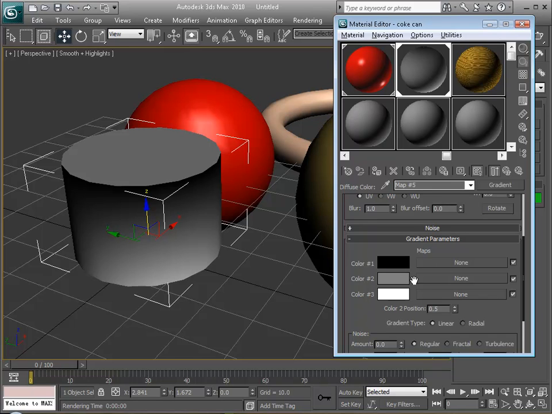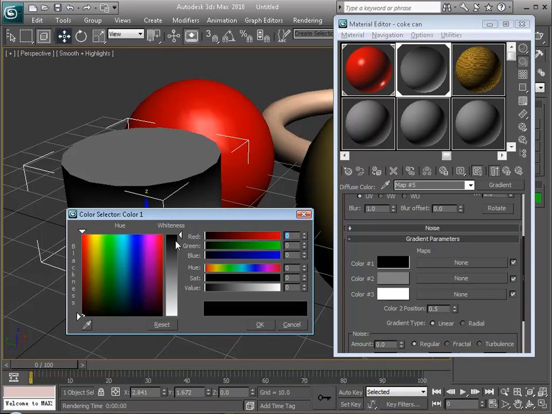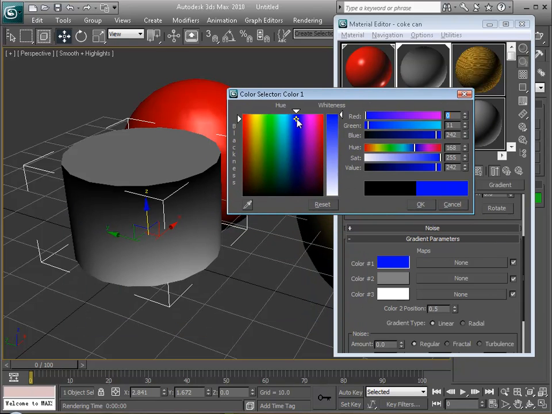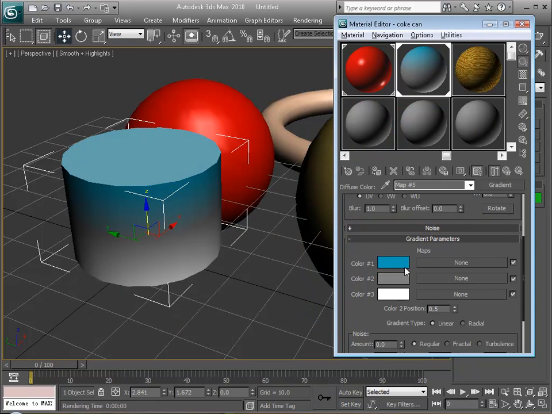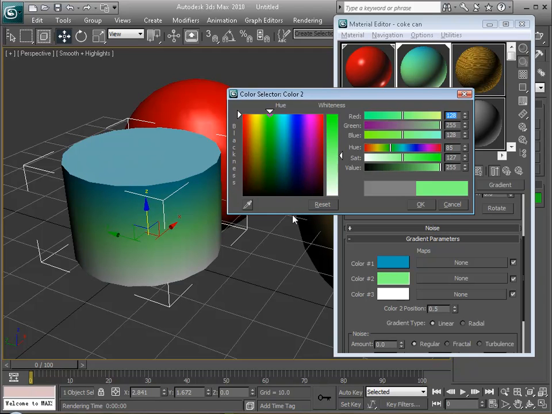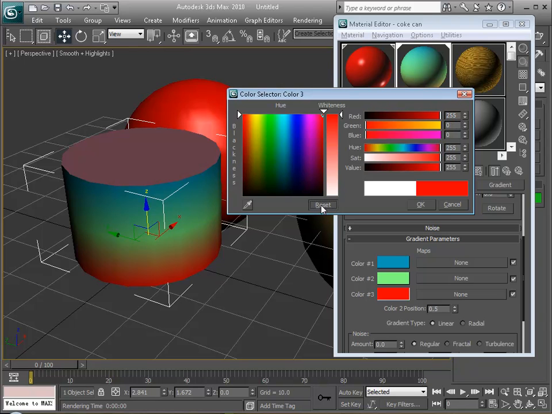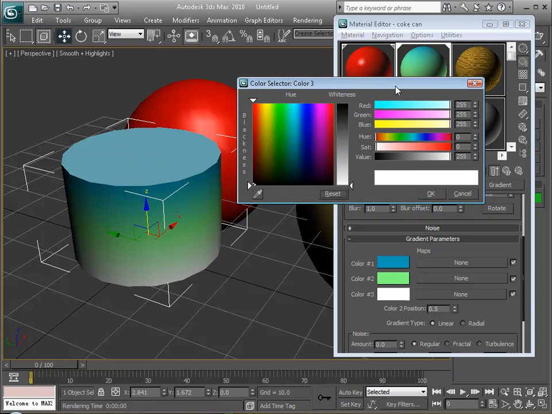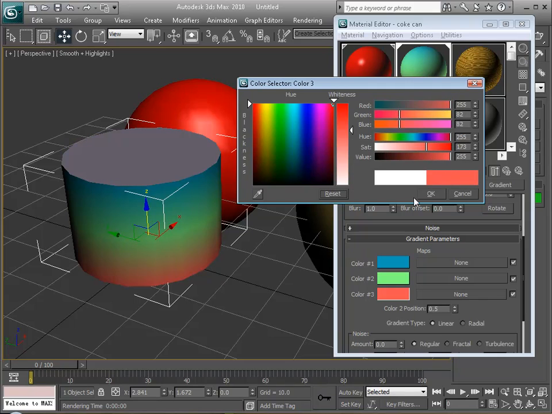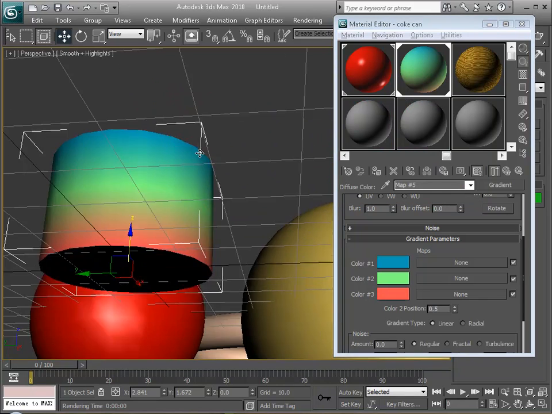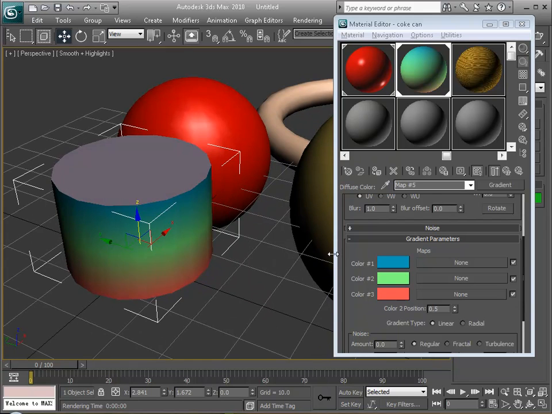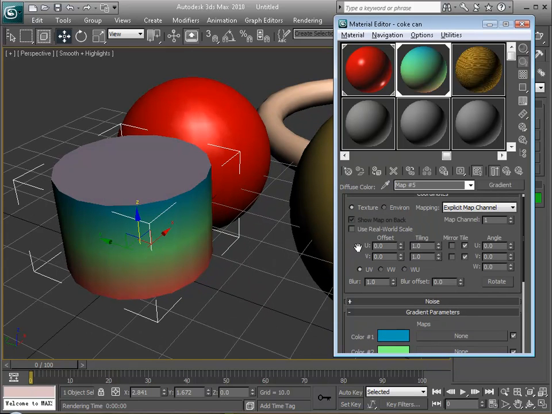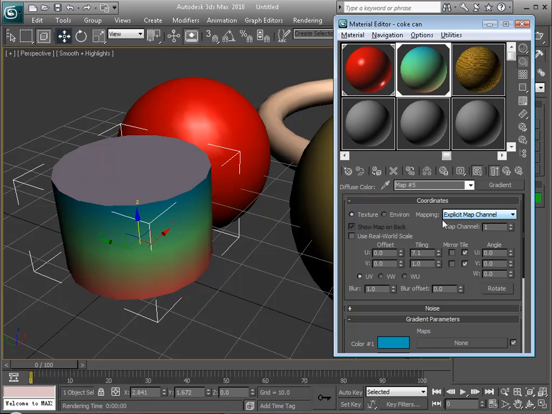If you click on position, you can actually change the gradient. Maybe green and red, whatever color you want. Maybe it looks like the paddle pop ice cream, maybe this is red. So you can put things like this in your materials. What else can I do with this? You can actually tile it again,